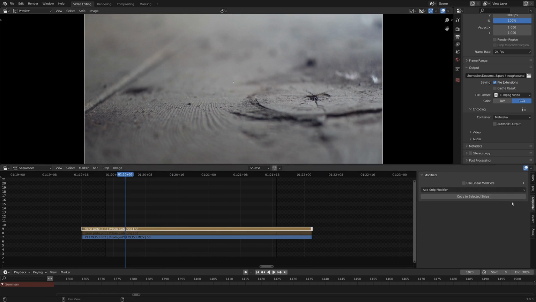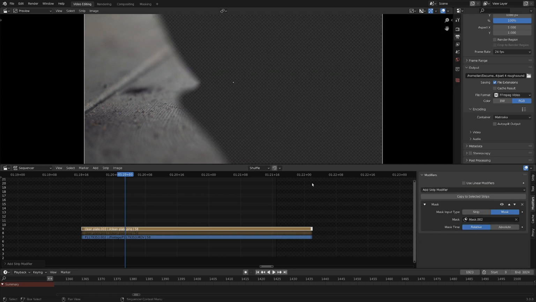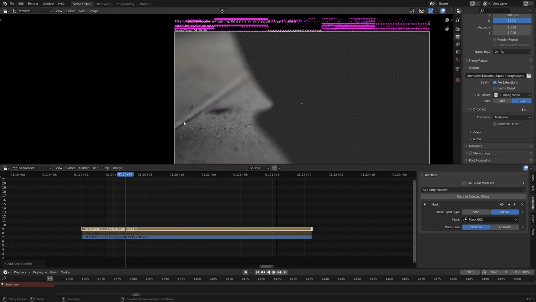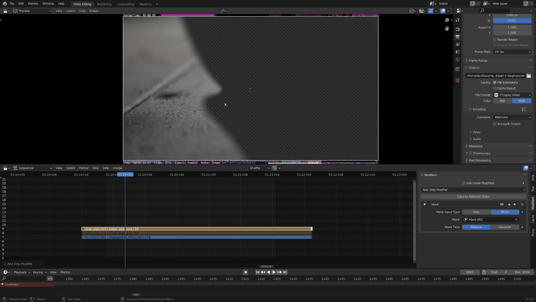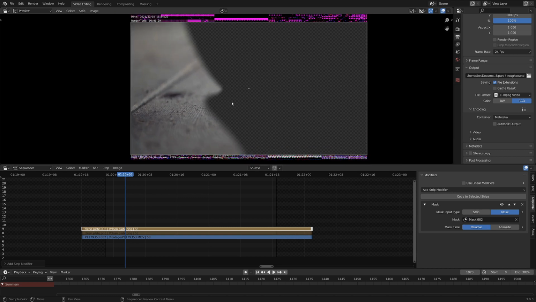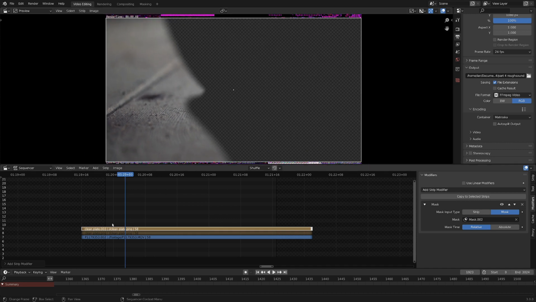And under the modifiers tab here, just add in the mask modifier. Set that to be a mask. And we select the mask that we created. And now you can see we've got this image, and it'll just cover up a little bit of a piece of what we did. Now, you can see there's this checkerboard texture here,